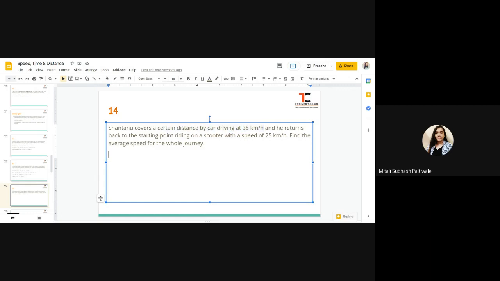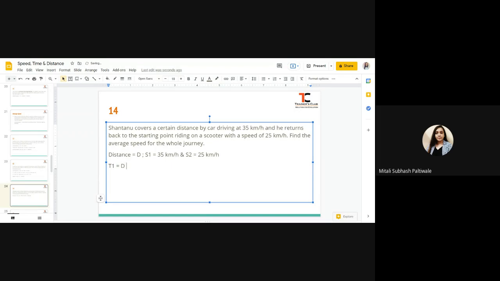Certain distance they are saying. Certain distance, why don't we consider distance as d? Let's consider distance as d. First, the speed is given, so I'll be just writing down s1 is equal to 35 and s2 is equal to 25 kilometer per hour. Okay. Now, see, at least we can find out the time required in the first case wherein he was traveling by car and in the other case. Okay. So time